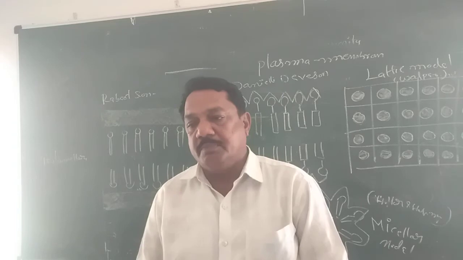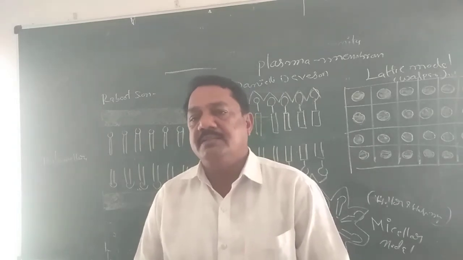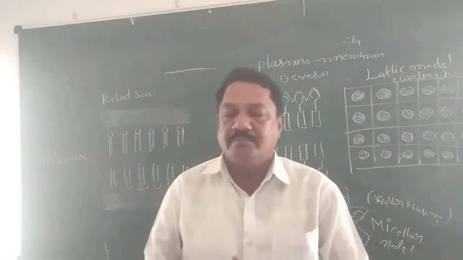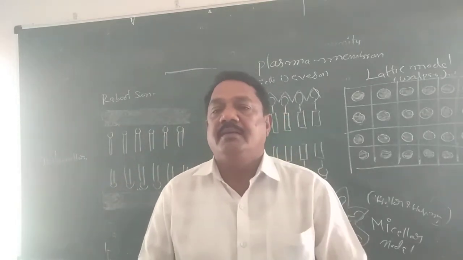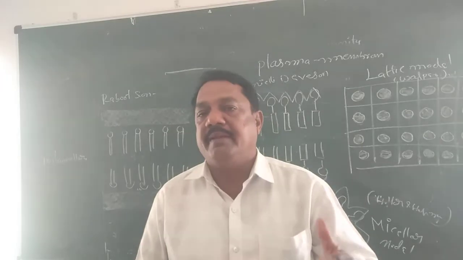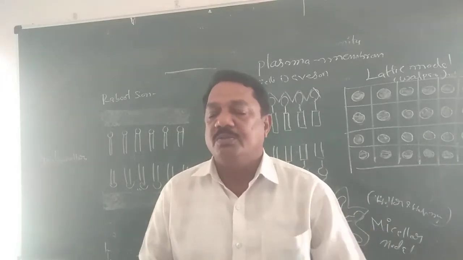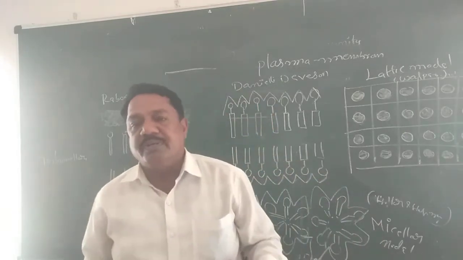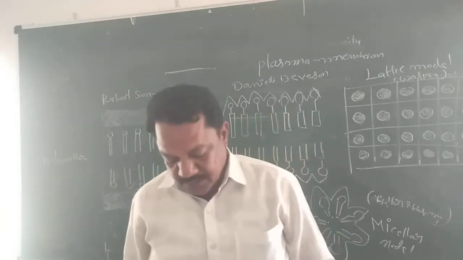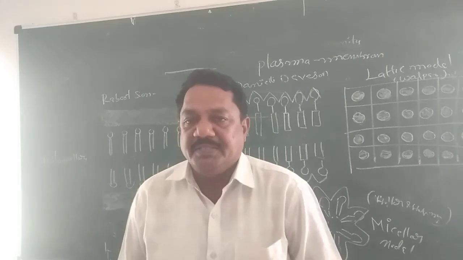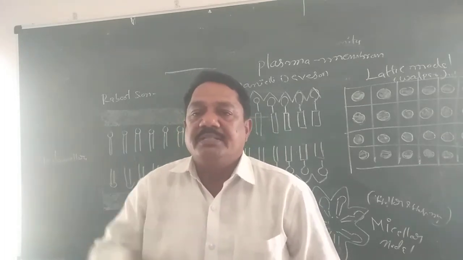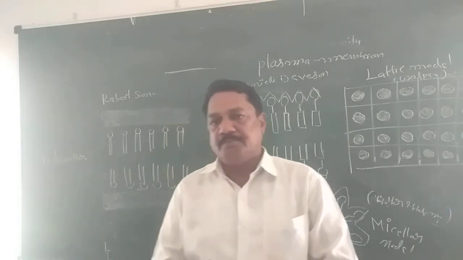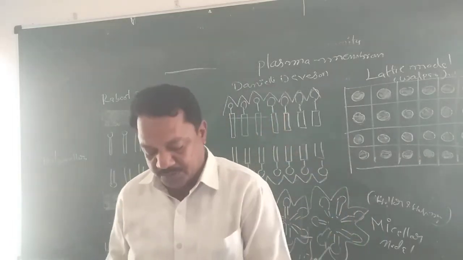So first is the plasma membrane. It is the outer lining of the cell. Generally it is the outer lining in the animal cell. In the plant cell, there is a cell wall outside, and below the cell wall the plasma membrane is there. Whatever it may be, we want to discuss the animal cell. That's why it is called the outer lining of the cell. It is like a compound wall. Inside the plasma membrane, cytoplasm is there. In the cytoplasm, the nucleus is present. This is the general information about the plasma membrane.